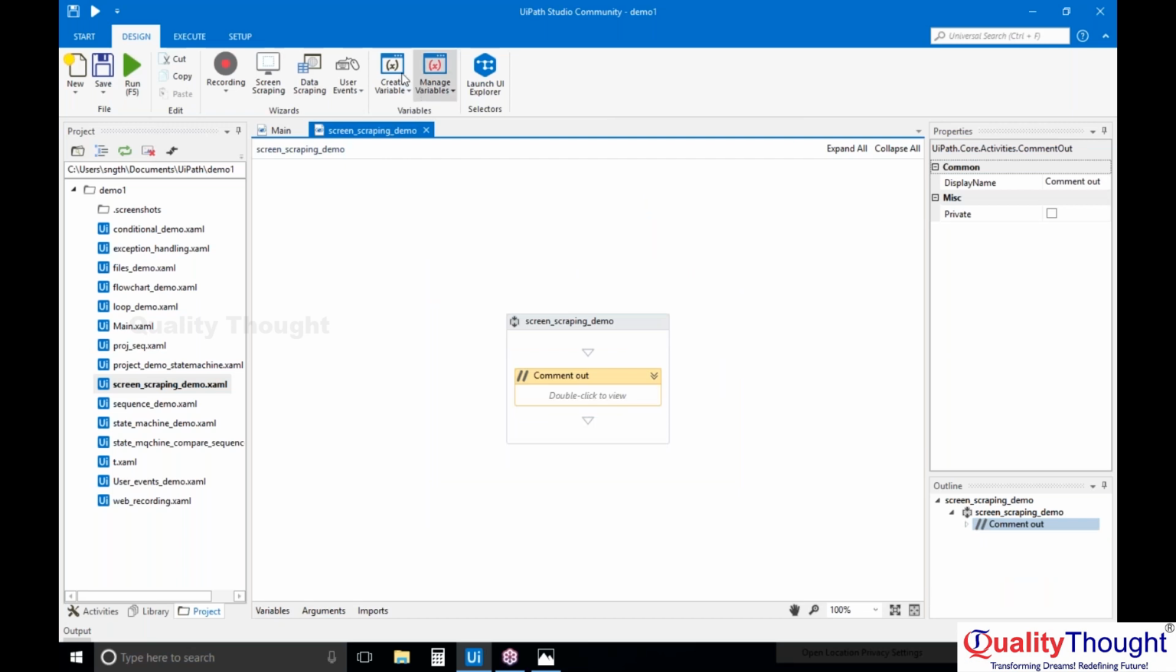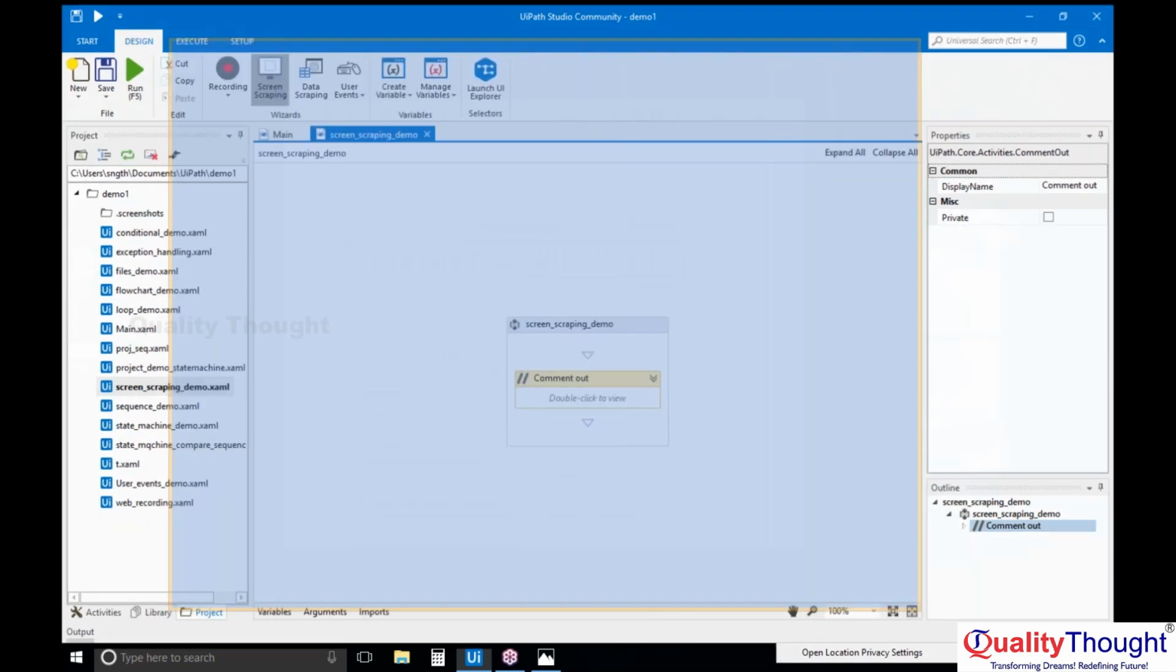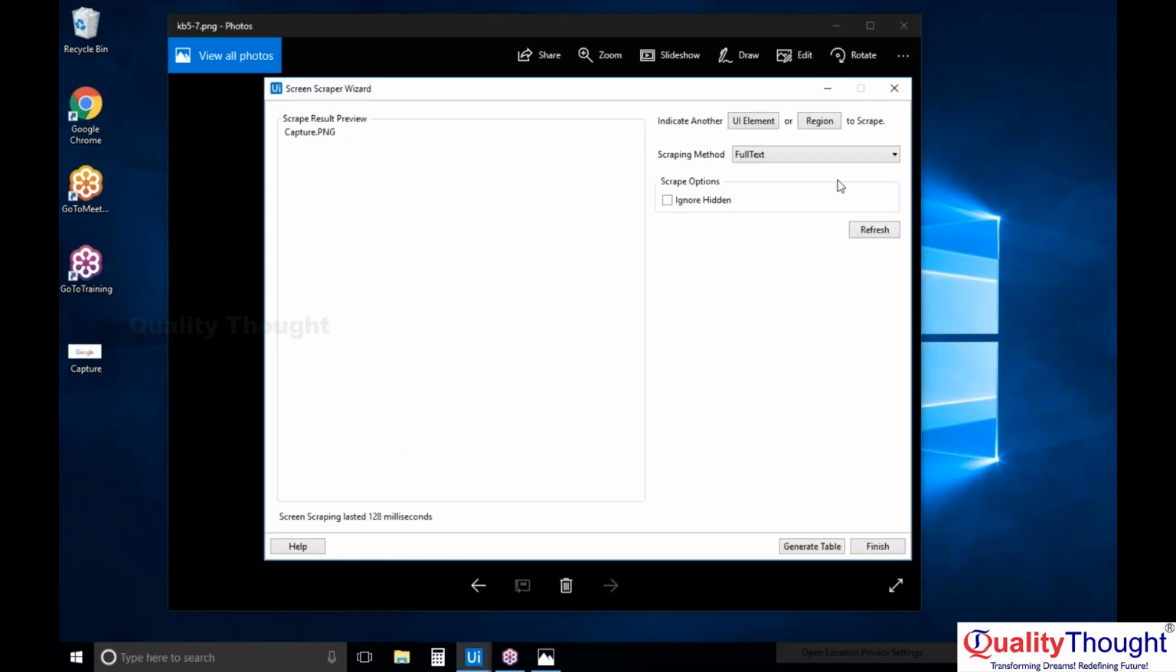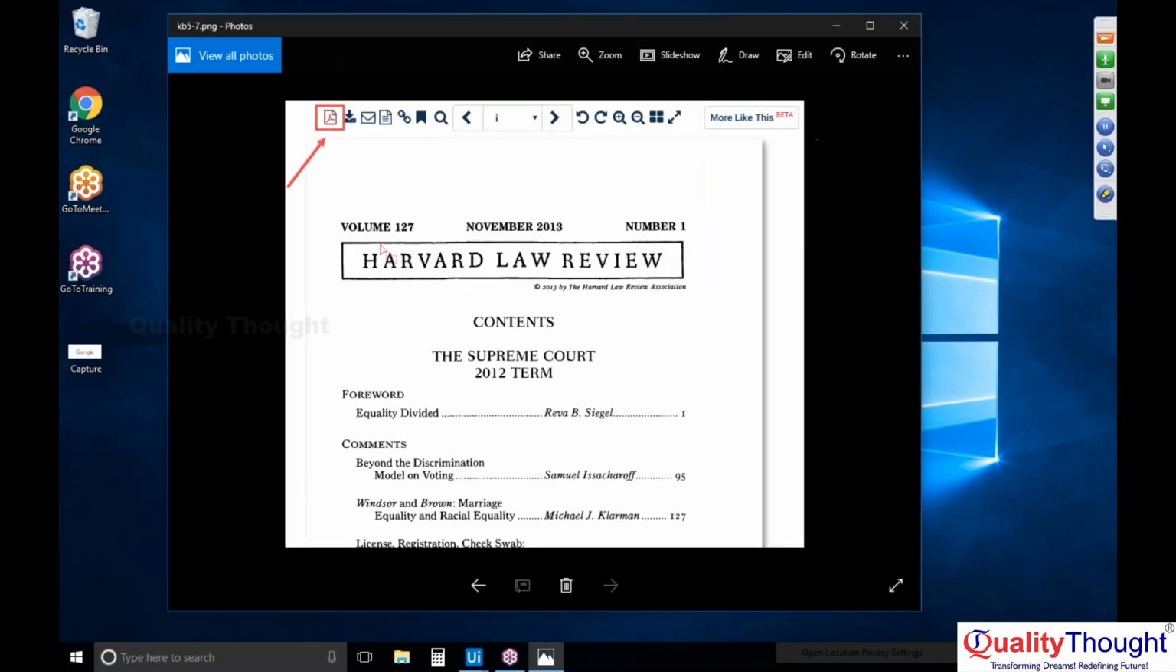So how do you do it? You go to your screen scraping, select this, and then here change the scraping method from full text to OCR. And here you can use your Google OCR or Microsoft OCR. Here we are supposed to give the region from which we want to extract text. Probably we'll select all the text that is within this box. So let me select this,